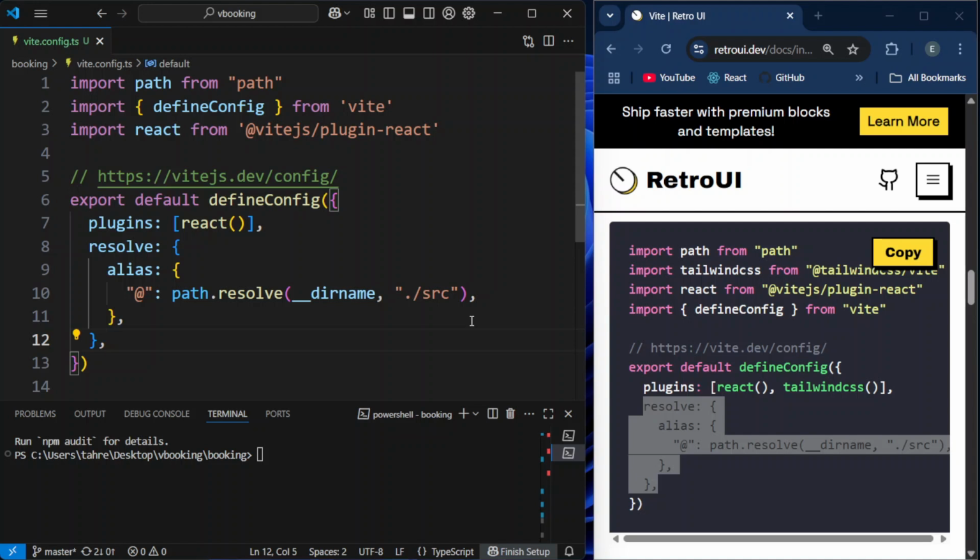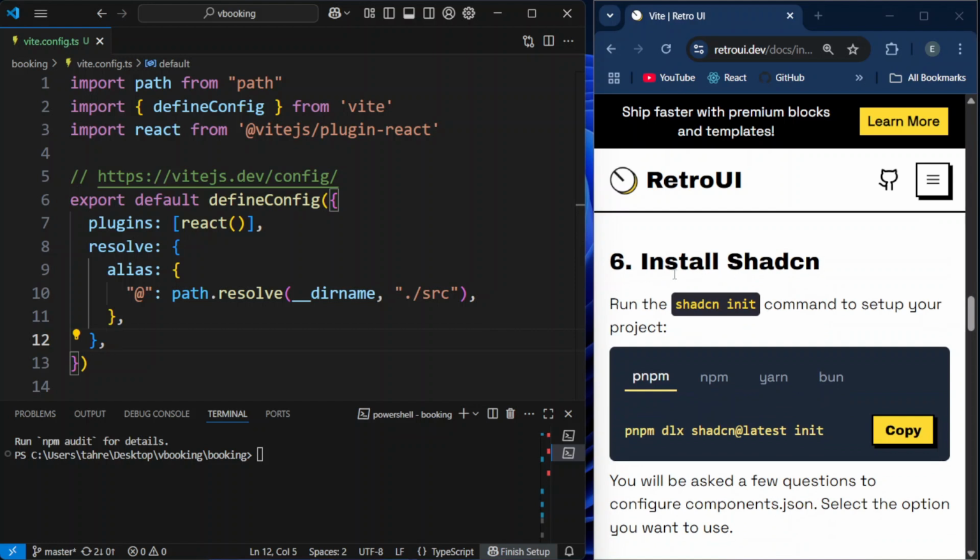Since our setup works, this change is optional but recommended for long-term maintainability. If Retro UI introduces updates or tooling that expects .ts, switching now avoids surprises later. For step number 6, we need to install